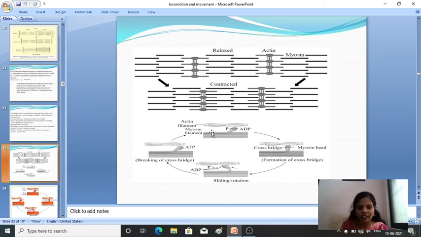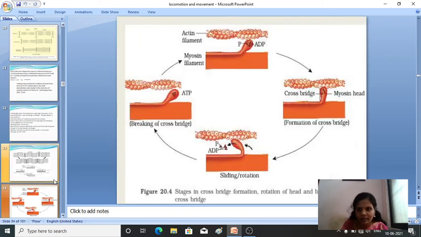Okay, so here you can see there is a cross between the thick and thin filaments, that is actin and myosin, in between the A bands. So what happens here, the crossing takes place, then the signals are sent to the central nervous system via motor neurons, then at the neurotransmitter junctions the acetylcholine will be released, then the cross bridges will slide, they will move, and the muscles will contract. The formation of cross bridges takes place here.